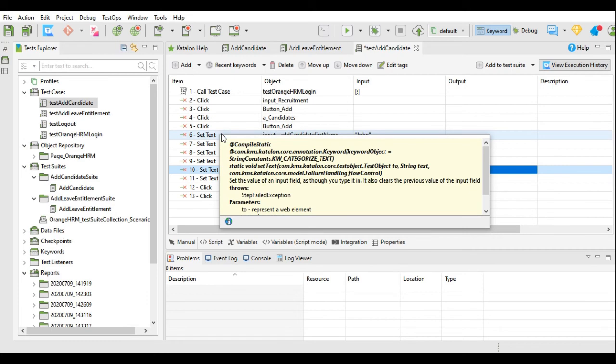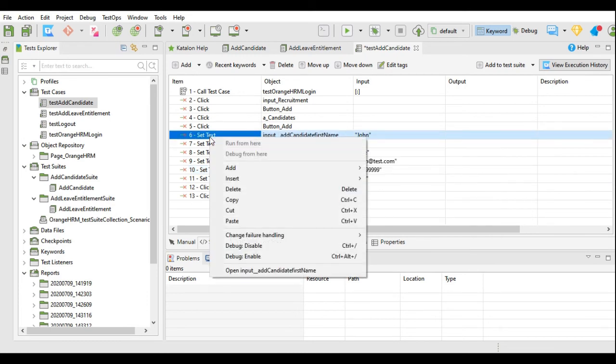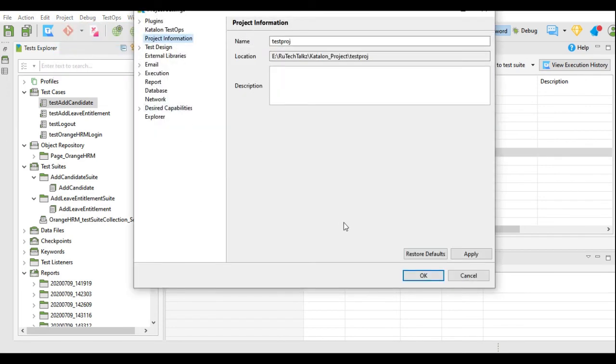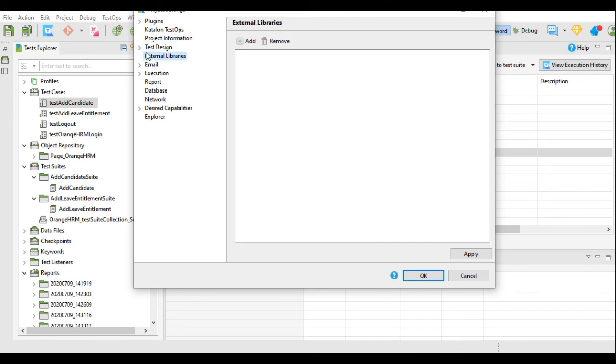Next is how to enable or disable the test step. Right click the test step and you can enable or disable the test step from here. After that we will go to project settings to see some features like external libraries.